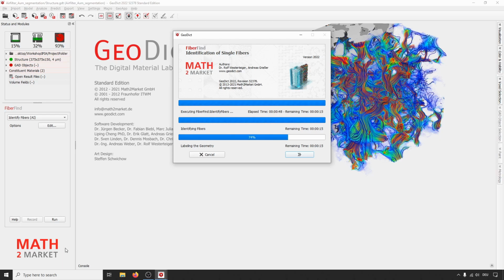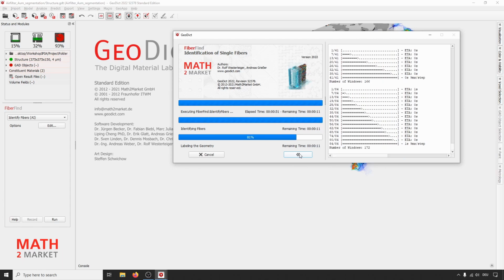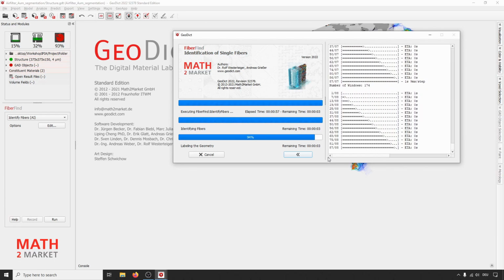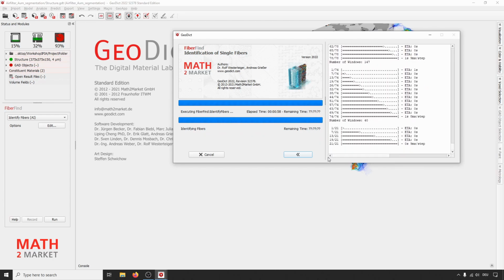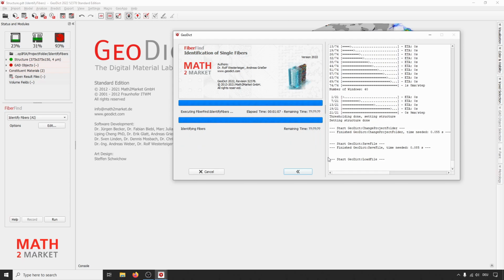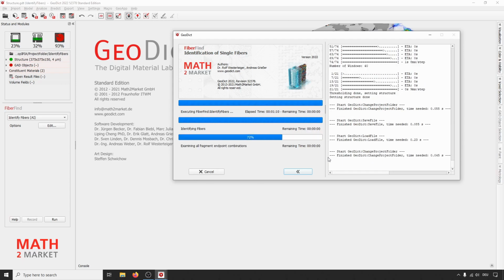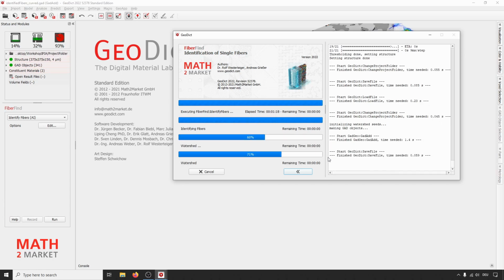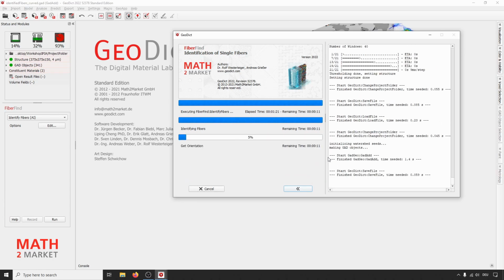So if you want to see a bit more of what it's doing, you can also open up the log here with the two arrows, and you can look at how the algorithm is proceeding. In the different windows it investigates the structure. Now it already saved the first file, and then it starts to do some post-processing, so to combine or to compute the individual fibers based on the labeled center lines in the structure. And now also the orientation file is computed.